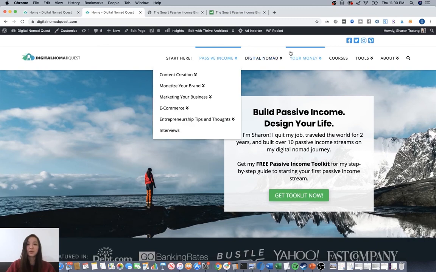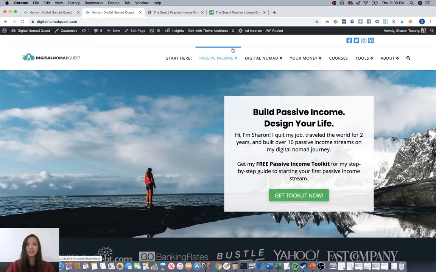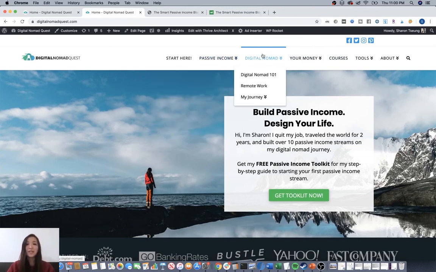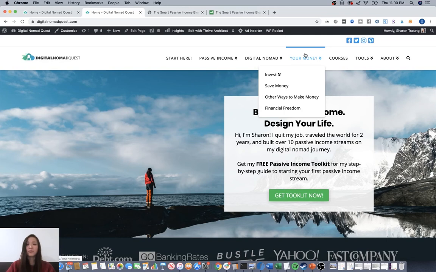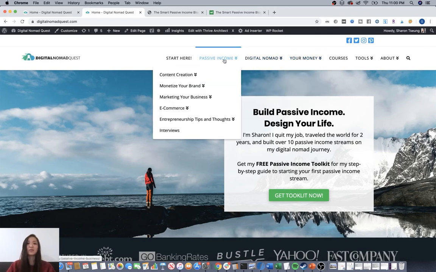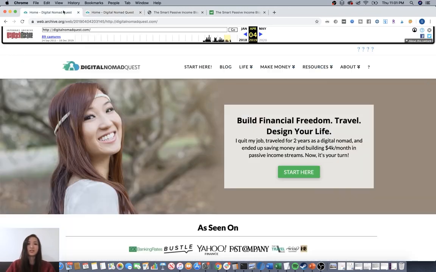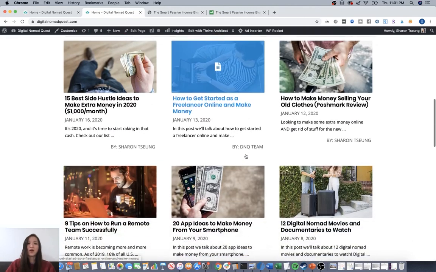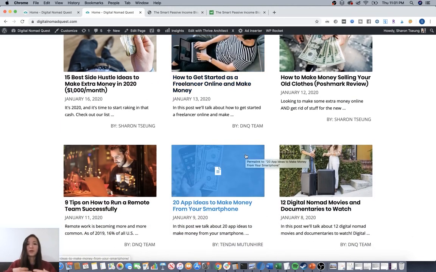And it's the same thing with my navigation bar. You can see that it's very clearly outlined where you're going to get. So if you want to learn about passive income, you go into the menu and click that, or digital nomad stuff, or talk about your money and your finances. So I make this whole thing more about you, whereas in the past, I talked more about my own journey and my own life. So I thought this was a better thing for myself,